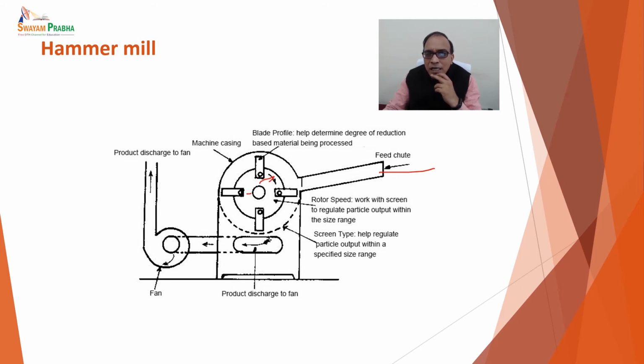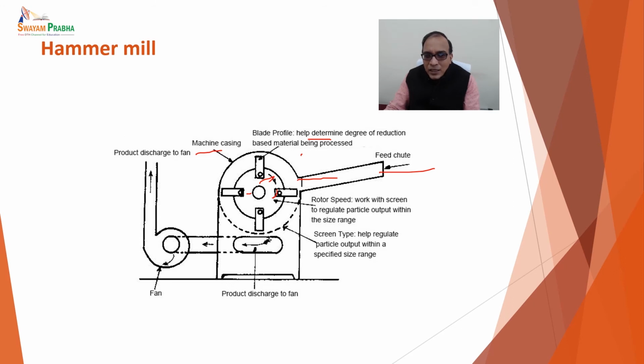Then these blades help in determining the degree of reduction on the basis of the material being processed. The machine casing is there, as you can see. What is happening is that the material which is coming is rotating in a motion, and these blades, with the help of this hammering,